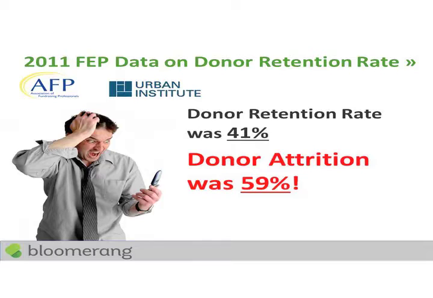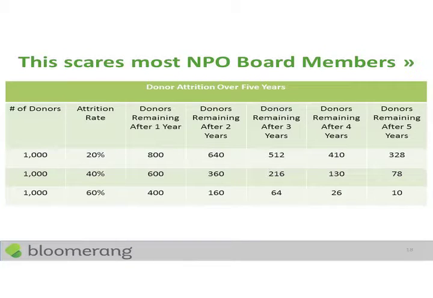So you can see why the person will get their cell phones a little bit shocked there. What you're seeing there is nearly 6 out of 10 of the donors are leaving each year, and that's where this sort of scares a lot of people if they take the time to look at this. This is not often shared. When you look at starting with 1,000 donors, if the rate is 60% versus the 35% that Sandy was talking about. So Sandy came with some pretty phenomenal organizations because the industry average this last year was actually 59% based upon data from their actual databases.